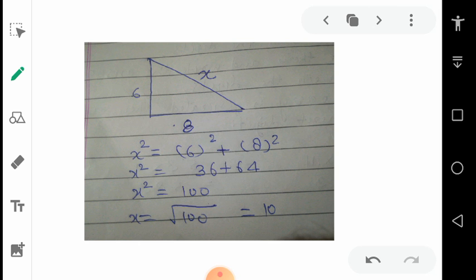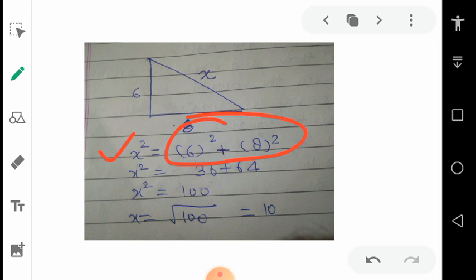Okay, remember always that when you are adding the sides, meaning there is a plus sign in Pythagoras theorem, then add both the sides except the hypotenuse, because the hypotenuse is the biggest side and it will be alone on the left hand side, no other term should be there.